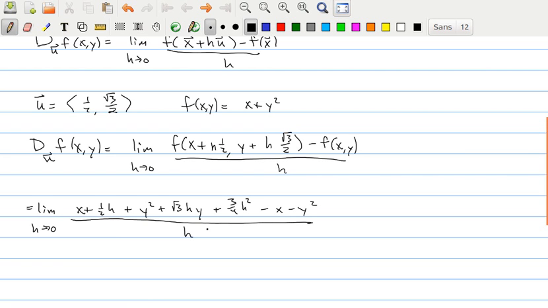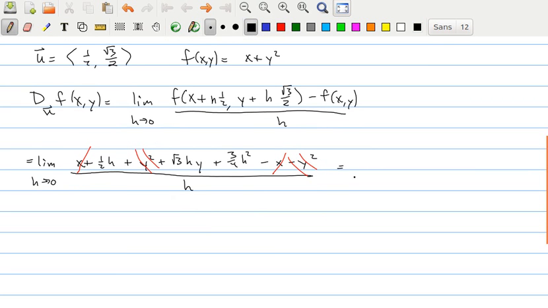So now we're going to look for terms to cancel. So see, we've got a positive x and a negative x. Those wipe out. We've got a positive y squared and a negative y squared. And it looks like everything else has an h in common, so we can factor it out. This gives us the limit as h goes to 0. We factor an h out of the numerator, and we've got 1/2 plus